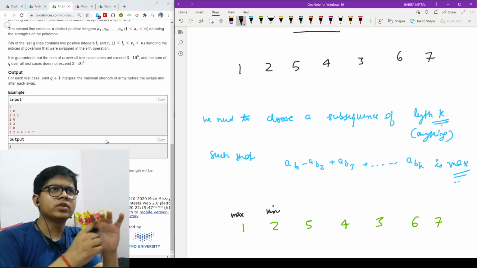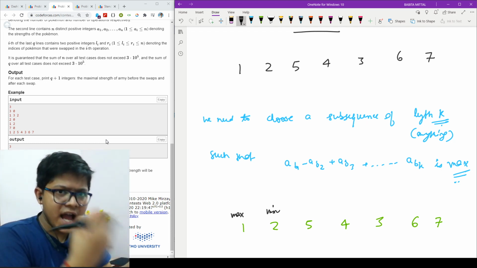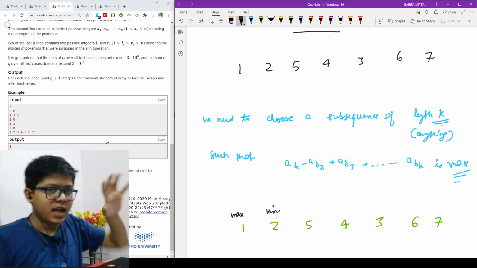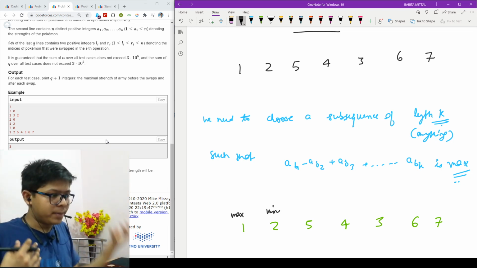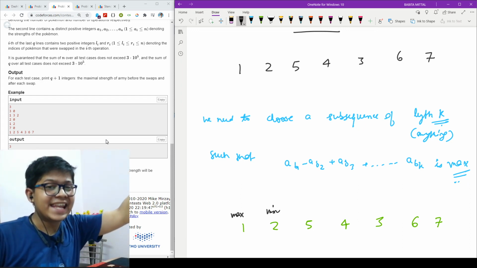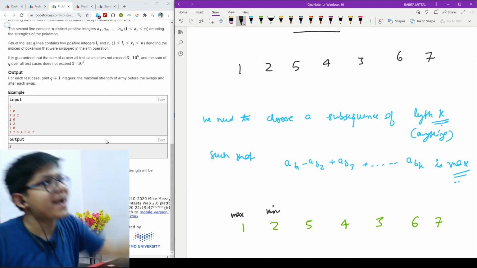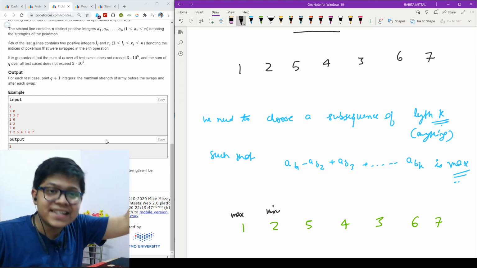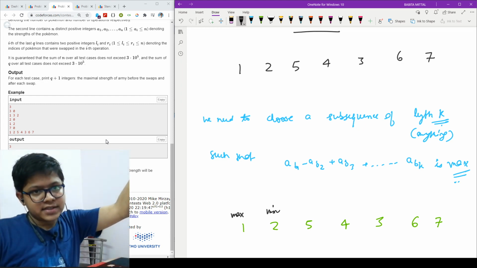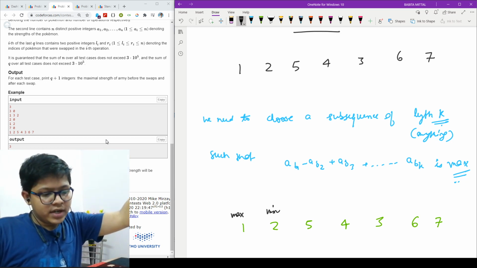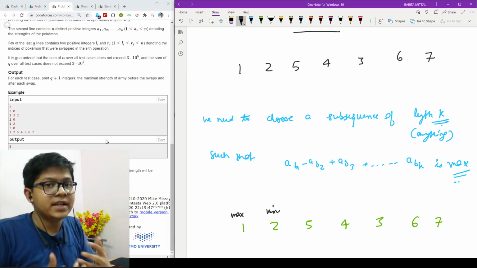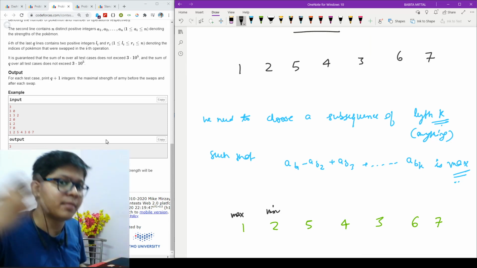Whensoever I have the option, I will always go up to the maximum one. Whensoever I have the option, I will go up to the minimum one. And why am I going up to the maximum and up to the minimum? The reason is that the maximum will add to my answer, and the minimum will too, so it will add up to a larger answer, which means I will get the maximum answer.